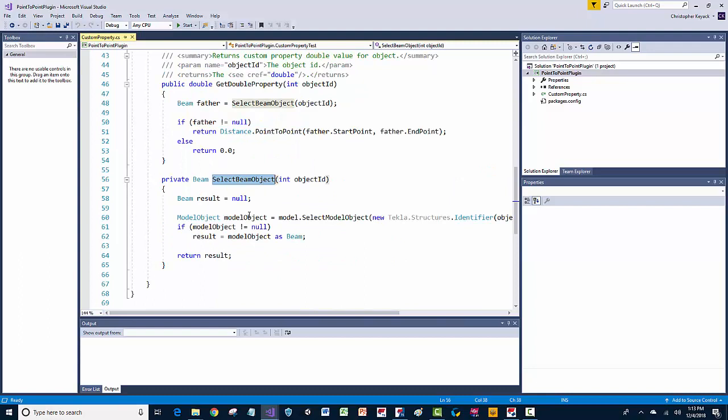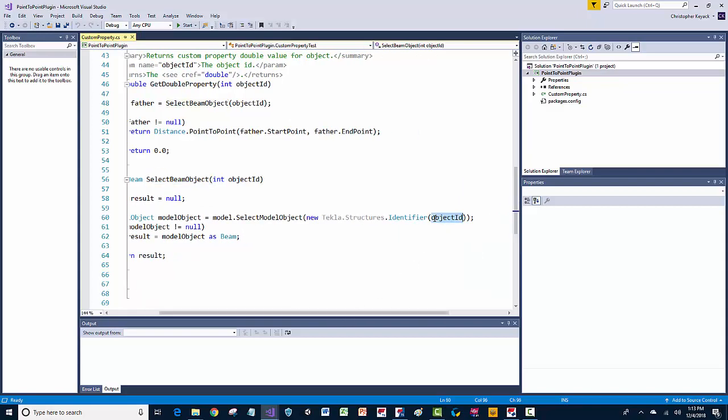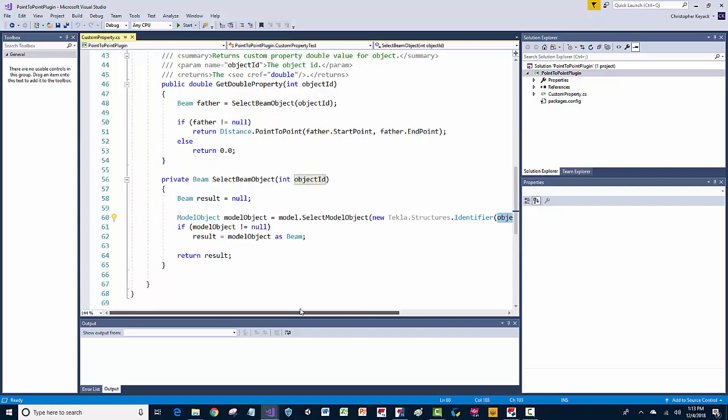So if we just go to definition, which brings us to the bottom. In this case, I'm trying to get a beam object because that's the only way that I'm going to get the point-to-point. Contour plates and polybeams aren't exactly the same, so this is specifically for beams. So basically what I'm doing is I'm saying ModelObject.Select model object, and you pass the object ID or the identifier. And then if that model object is truly a model object and that exists in the model, then that will pass, and we're going to try to cast it as a beam,